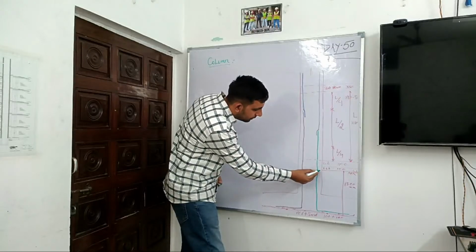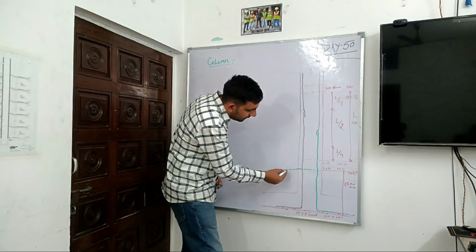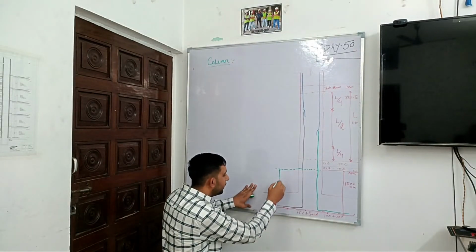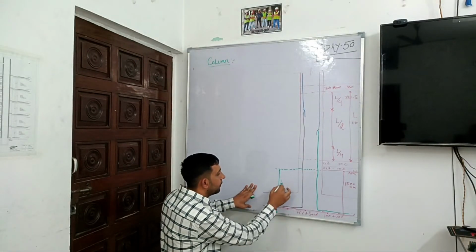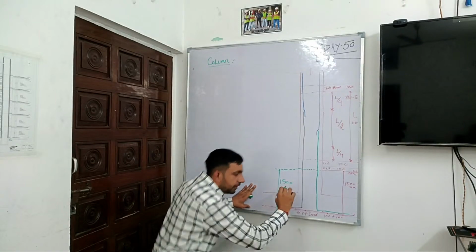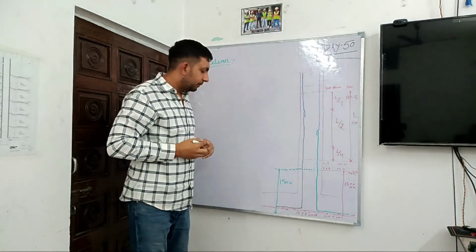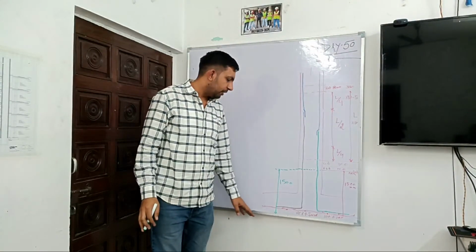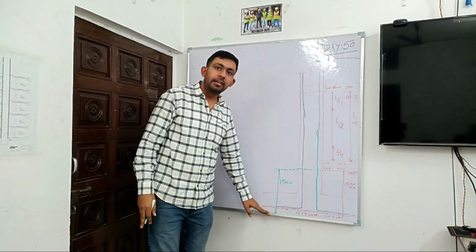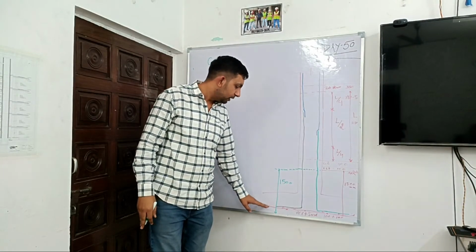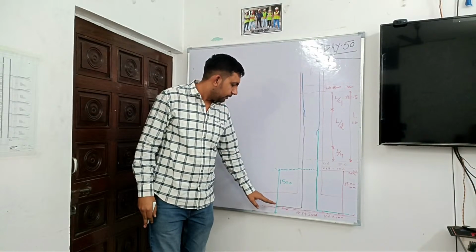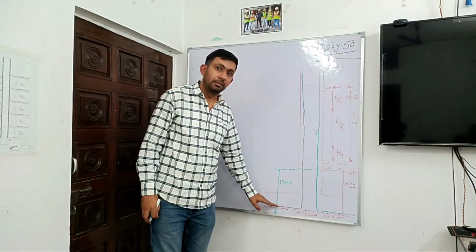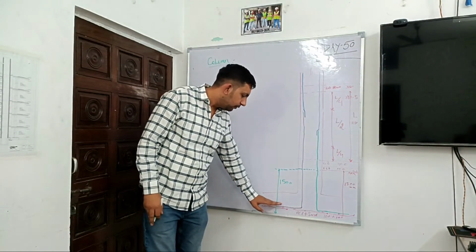This point level is my ground level, below which I have excavated 1500 mm for my foundation. For the foundation, what is supposed to be followed? Firstly, I have provided 100 mm sand and then 100 mm PCC, above which the foundation's clear cover and the foundation mesh. Above the foundation mesh, our